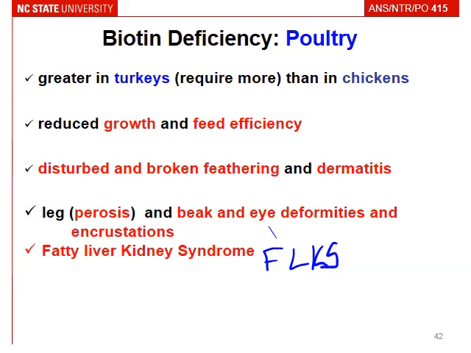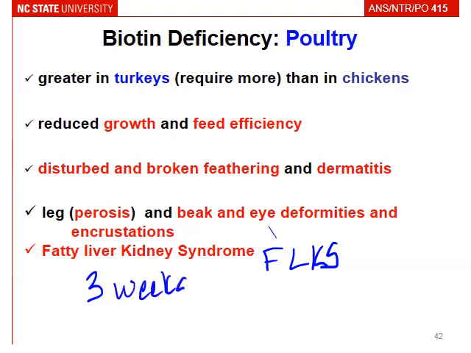And this was actually discovered in the late 50s. That's really when the poultry industry started taking off and people moved from having backyard flocks to more commercial raising of poultry. Wheat, especially back then, was one of the primary cereal grains provided in the diets. You didn't so much see the dermatitis and perosis as commonly, but we did have, when the chicks hit about 3 weeks of age,